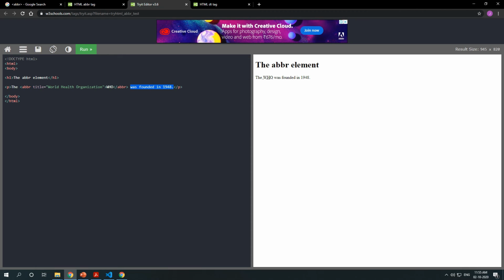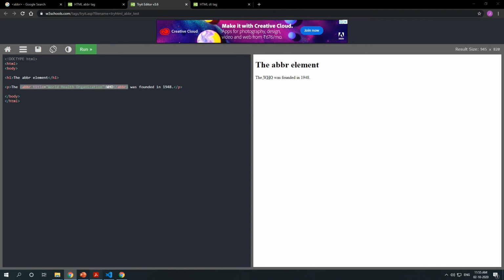In the coding you can see that we have the abbreviation tag, in that we have a title, World Health Organization, the full form of WHO. When I hover on this WHO, it will show you World Health Organization. That's why we are using the abbreviation tag, and it is an inline tag.